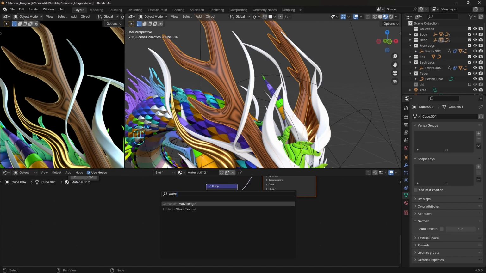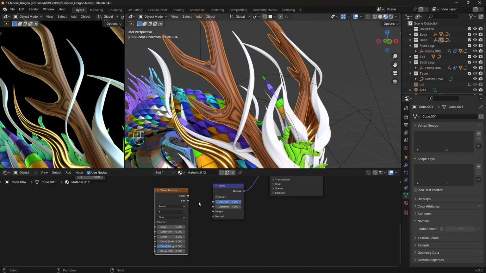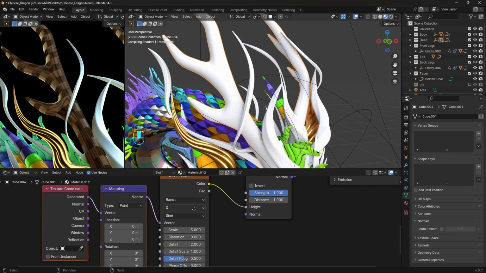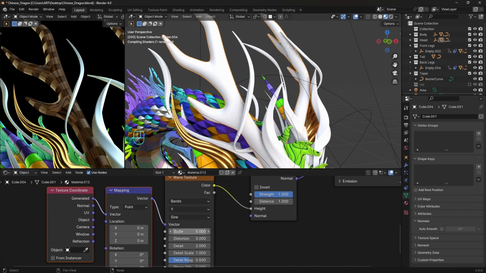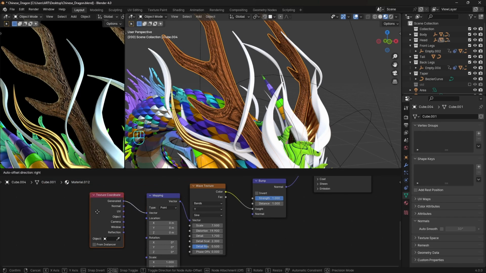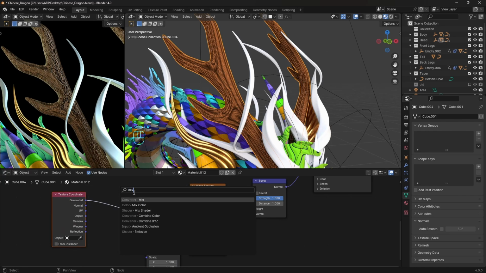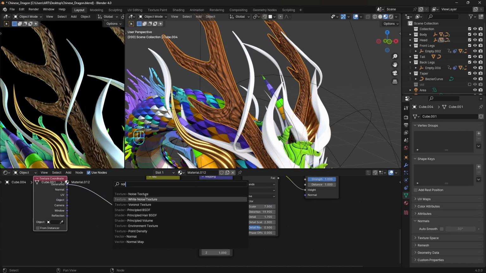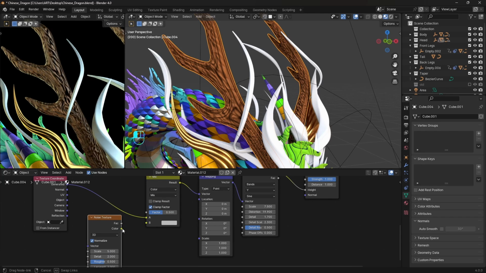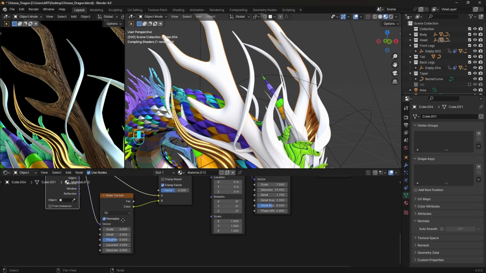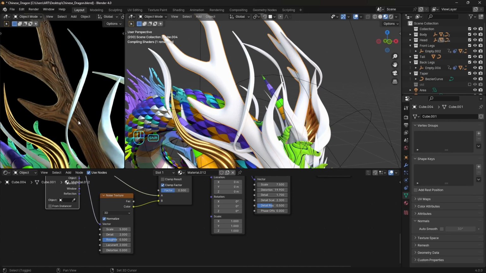For this we need again a wave texture. Plug it to the height and add the mapping and the texture coordinates. Change the band's direction to Y and adjust the scale and some of the other settings. Let's add more details with one more texture and we can mix them here with the mix color node. Get the noise texture and plug the color to the second input using the same texture coordinates. So now with the mix color we can choose how much of each texture we want.